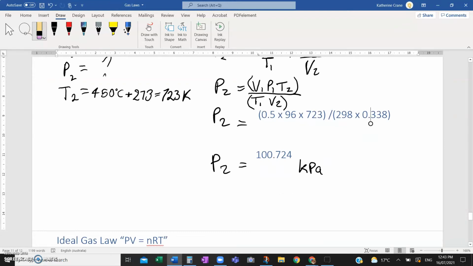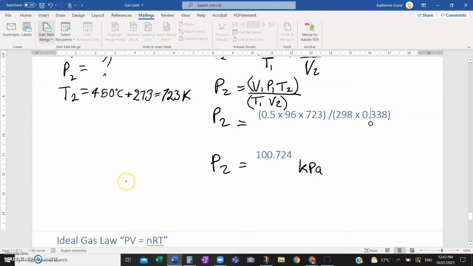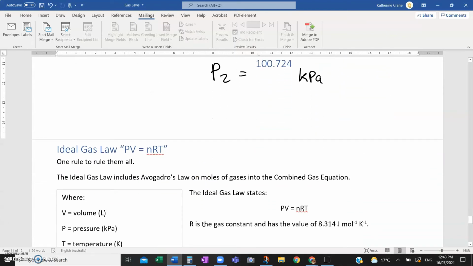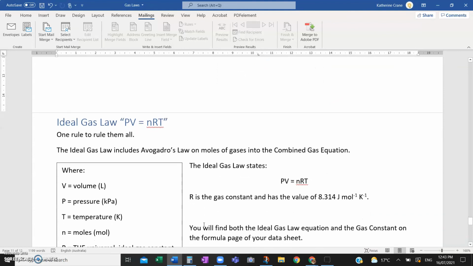Okay. Now, the next bit that has to do with this is we're going to be looking at how all this fits together when we even consider the fact of moles. So one rule to rule them all, like I think of my Lord of the Rings thing. So the idea